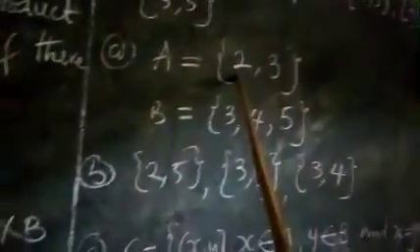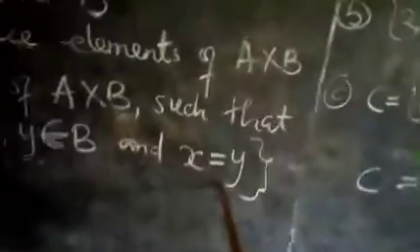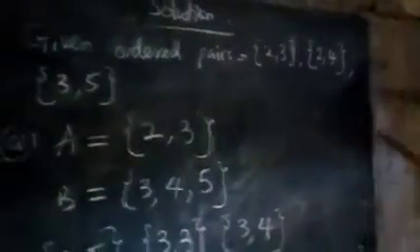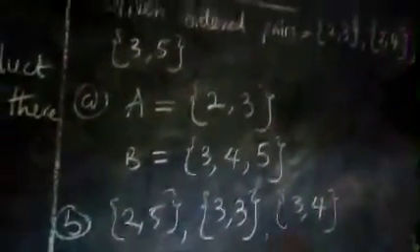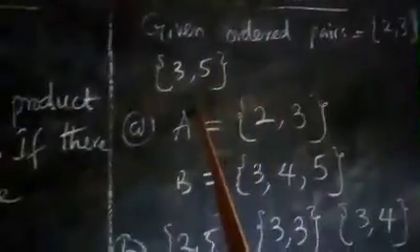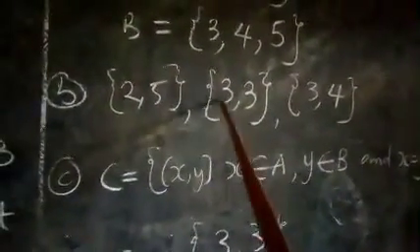When we have two values like this, we can take the first one to be x and the second one to be y. Since they've said that x is equal to y, it means from all the Cartesian product elements we got, the three they wrote for us and the remaining three that we got ourselves, making 6 altogether, which one has the first value equal to the second value? Look at this: (2, 3), (2, 4), (3, 5). They are not equal. The ones we got by ourselves are (2, 5), (3, 3), (3, 4). You can see it is only (3, 3) where x is equal to y.